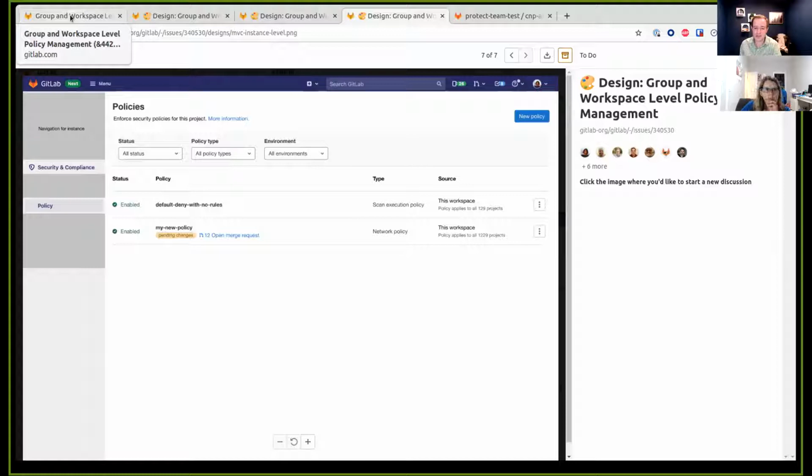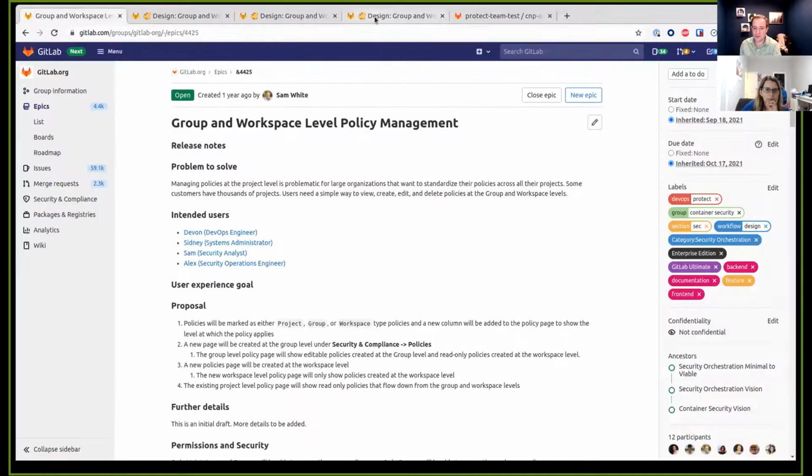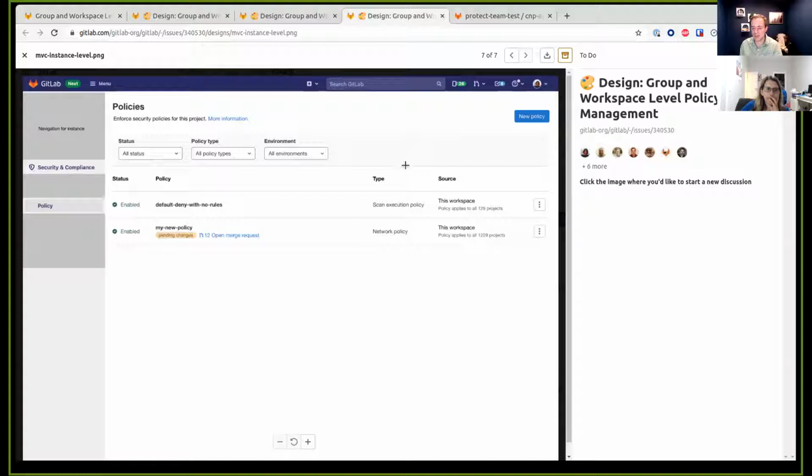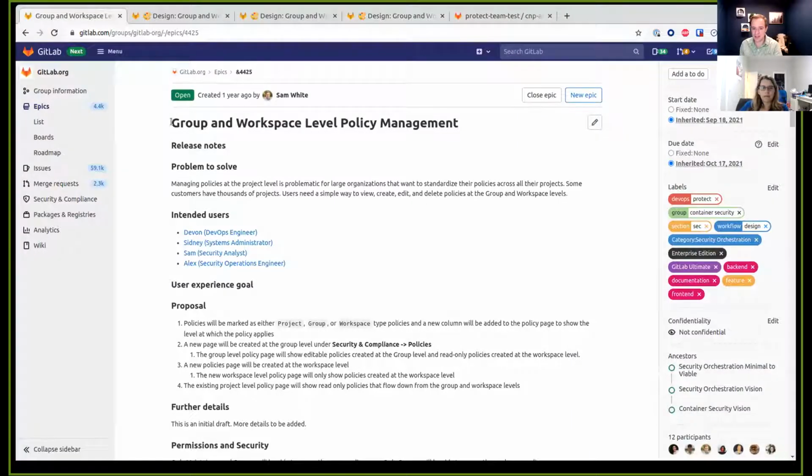And I'm just trying to understand then, does this fit in with what you're doing? How do we take advantage of that inheritance? Are there any special considerations that our engineers need to be aware of as they go to build this out? And I guess the other question is, would it make more sense for us to do this at the group level first and then the workspace level, or just wait until that new container you're talking about is done and build it out in that shared container? Anyway, a lot of questions. I'm probably throwing too many at you at once, but that's the really high level of what we're.